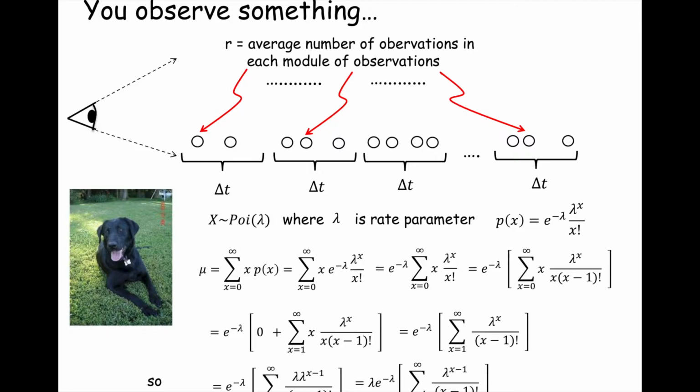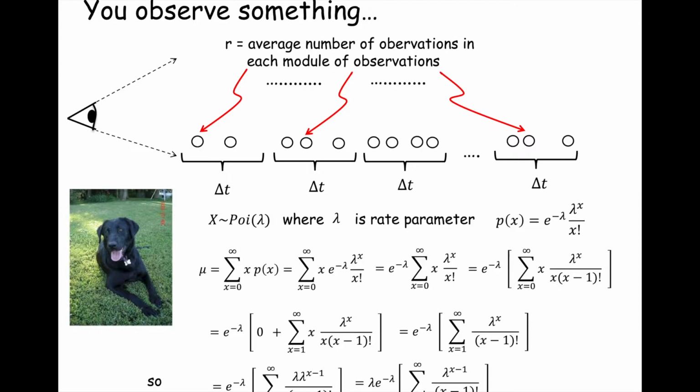So I started out and I factored out that lambda. So my exponent went from lambda to the x to lambda to the x minus 1. And guess what? Conveniently, that leading lambda no longer involves x, and so that looks like a constant. It doesn't involve x, so I can also factor out this multiplied by lambda. So I do that, and I bring that lambda out from the summation. I have lambda times e to the minus lambda, and I'm left under the summation for x goes from 1 to infinity of lambda to the x minus 1 upon x minus 1 quantity factorial. Does that make sense? So this is factoring out a lambda. That single lambda becomes a constant, and I can factor that out.